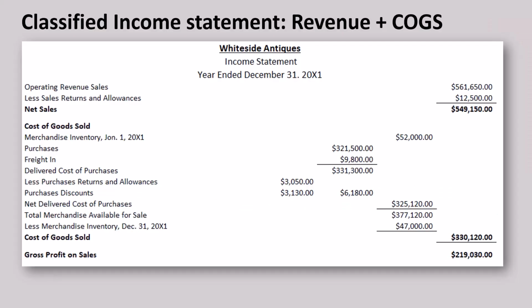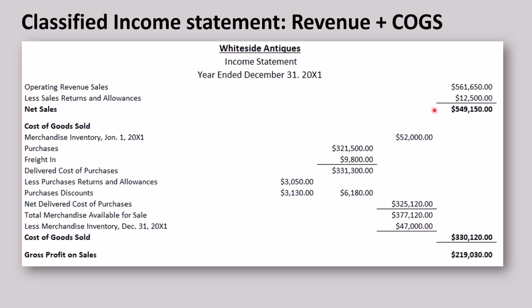A classified or multi-step income statement separates operating activities from non-operating ones. This allows users to see whether profit comes from core business operations or from one-time or non-core business events. It starts with the operating revenue section, and in this section of the financial statements, we enter the revenue earned from normal or core business activities, which is